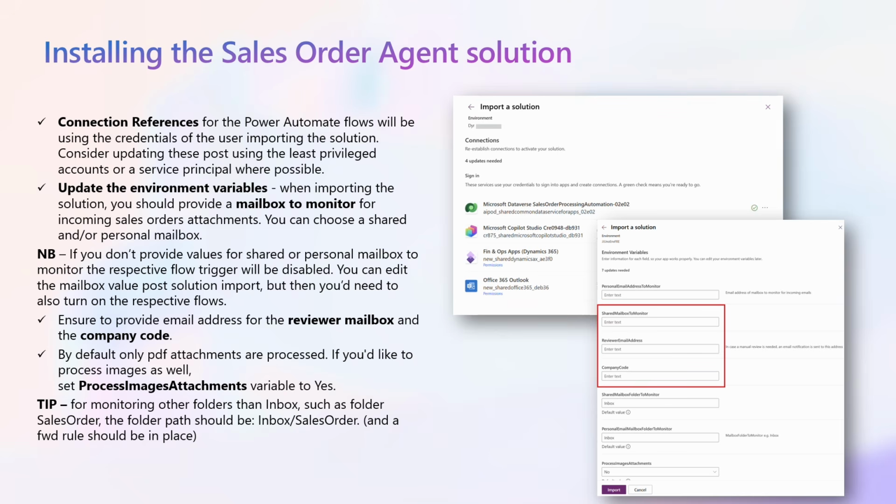If you require to monitor other folders than inbox, please ensure that there is a rule in place to route the emails automatically to the respective folder. For example, for a subfolder called Sales Order, you need to provide the value inbox/sales order for the folder to be monitored by the agent. In order to receive email notifications, ensure to provide email addresses for the reviewer mailbox. And for the agent to execute successfully, a company code value is required. We will discuss in a few minutes how to change the design for a multi-company agent. And finally, if you also would like to process image attachments and not only PDF, set the processing image attachments